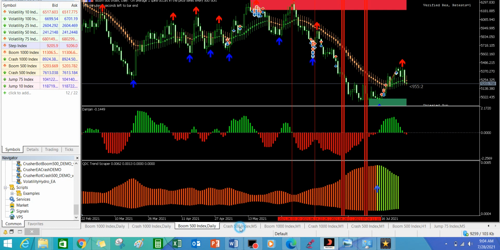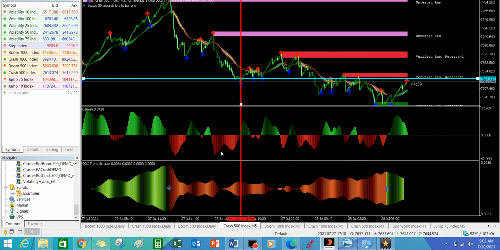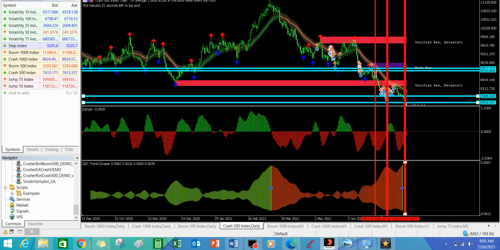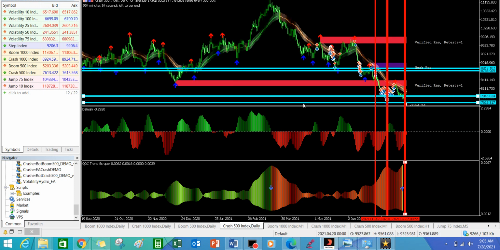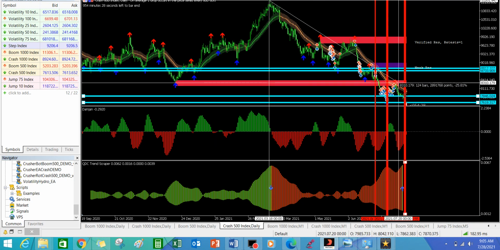Let's check out what is happening with crash 500. Let's also check it out to see the market movement right here. I'm going to take it to day one to see the market movement. You can see that the market was on uptrend before. That is why we had this uptrend movement to this level, but immediately it got to this level, it changed from uptrend to downtrend. Then it started coming down right away, from here to this level. You can see the sweet downtrend.